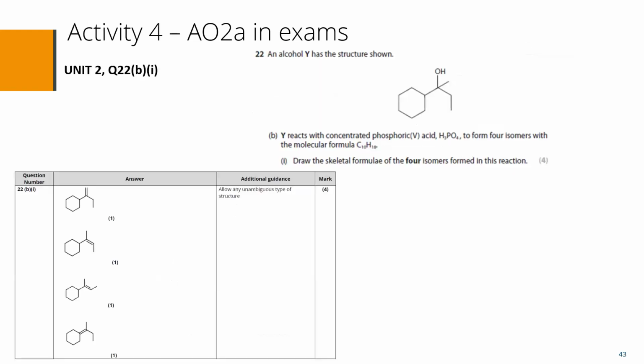Okay, the next question. Alcohol Y has the structure shown. Y reacts with concentrated phosphoric acid to form 4 isomers with the molecular formula C10H18. Draw the skeletal formula of the 4 isomers formed in this reaction. So there are the 4 isomers formed, and the additional guidance says allow any unambiguous type of structure,